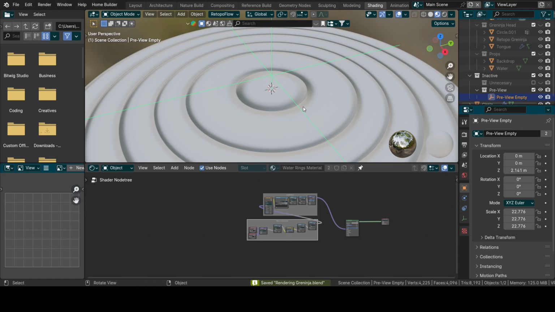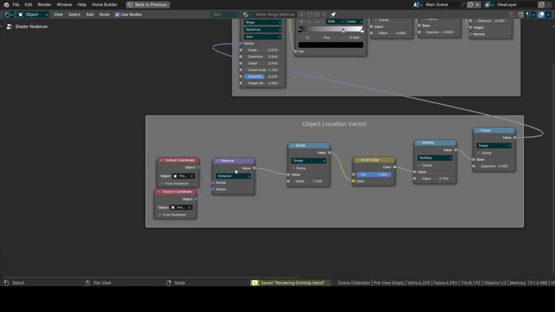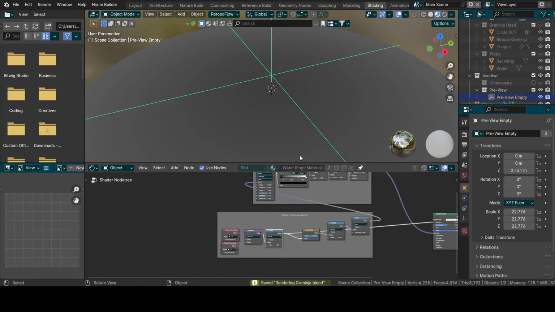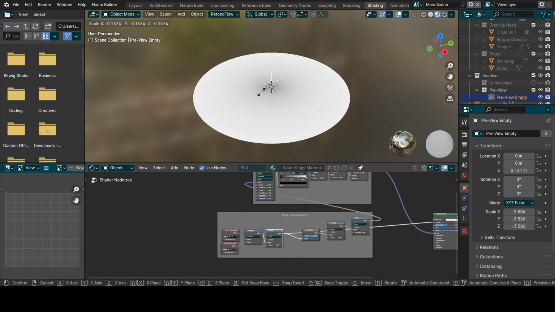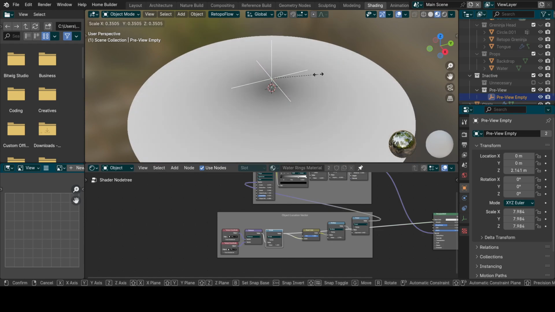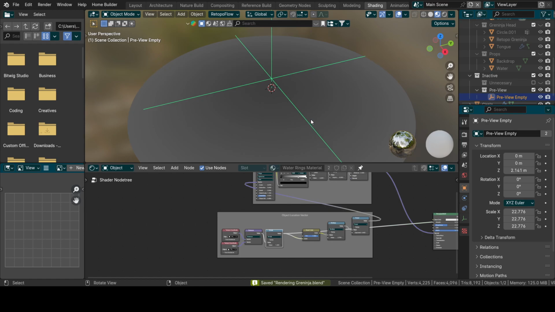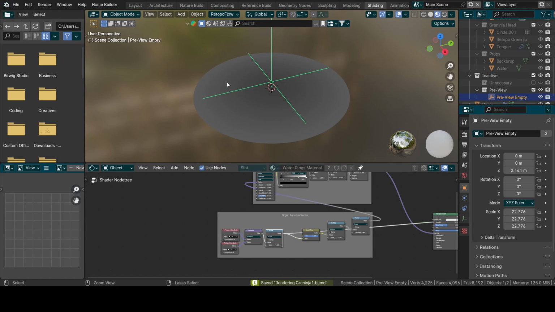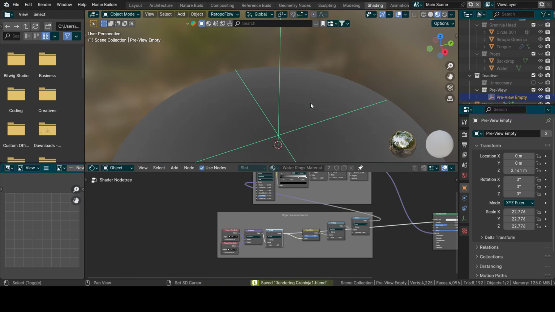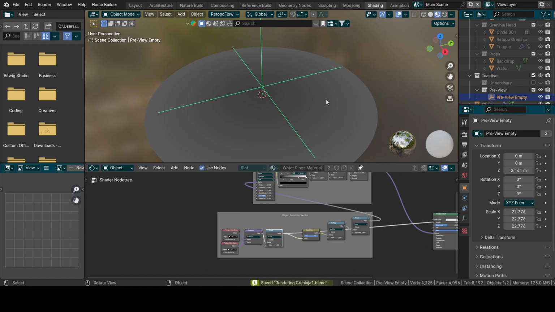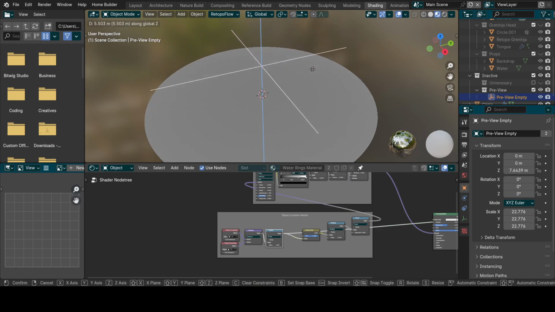All of that's going to go into this distance, which will calculate the position. Let me actually, so I can mess a lot more with this, I just made another file. This will just basically get you the distance between this and make it